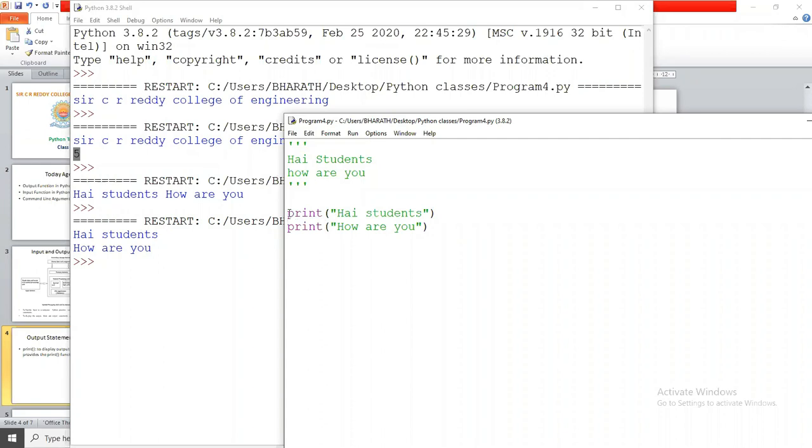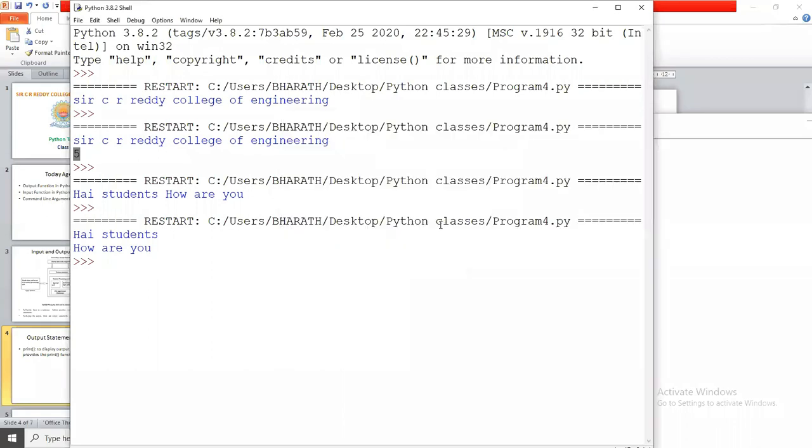What is the purpose of the print function? If I give just print, it displays an empty line.